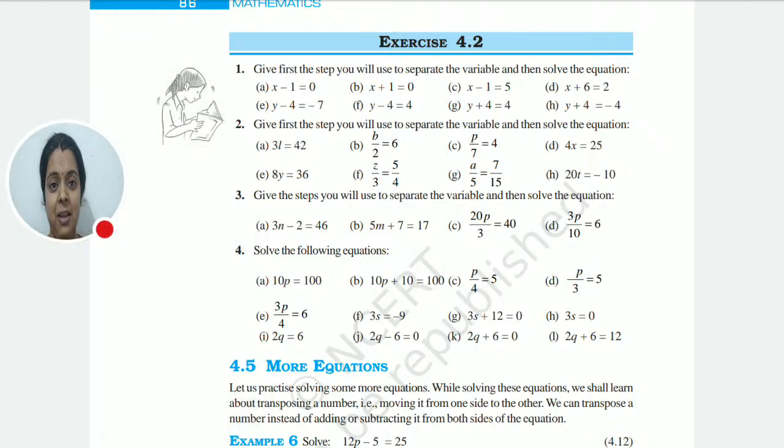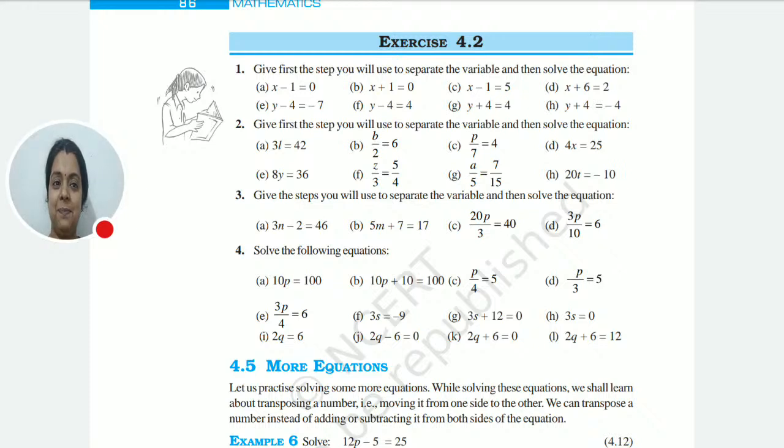X will remain here. 1 will go that side. And 1 is in minus. 1 is having a minus integer, a negative integer. So when it goes to the right hand side, it will be plus. So the first step will be 0 plus 1. And what will be the second step? The second step will be